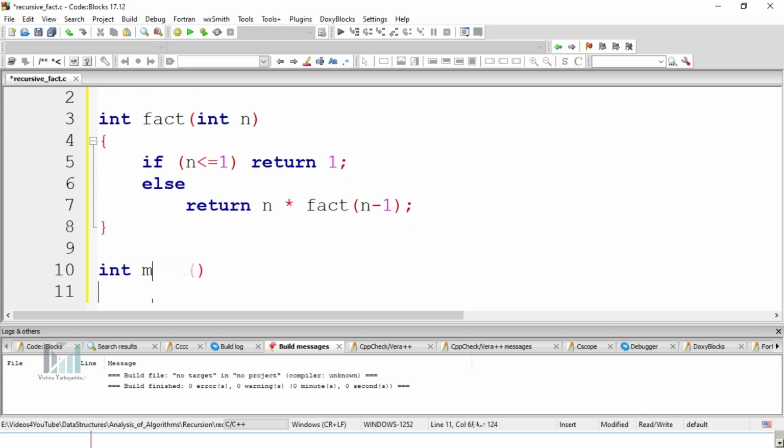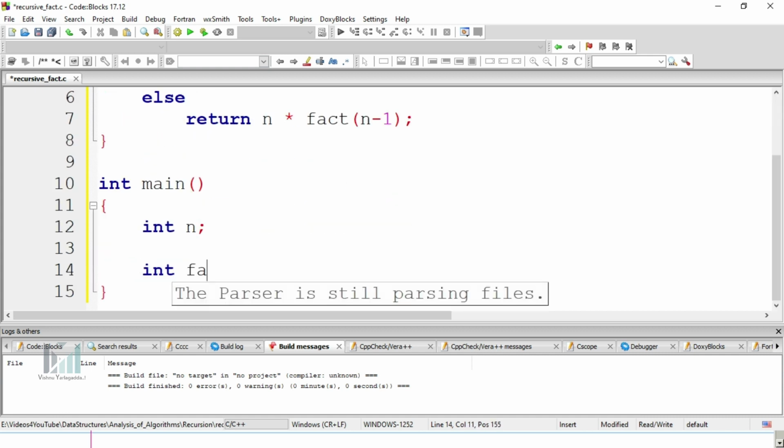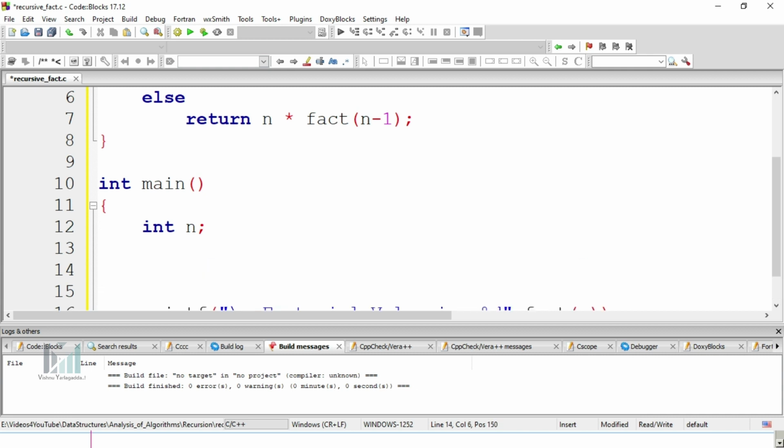Int main, int n, int f equal to fact of n, printf, or otherwise directly I can print here printf percentage d, factorial value is percentage d, fact of n. So n I had to read, printf